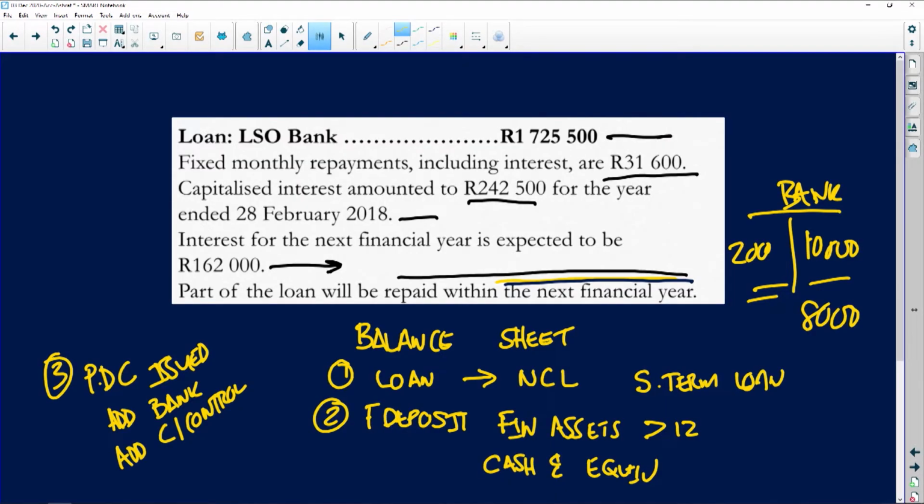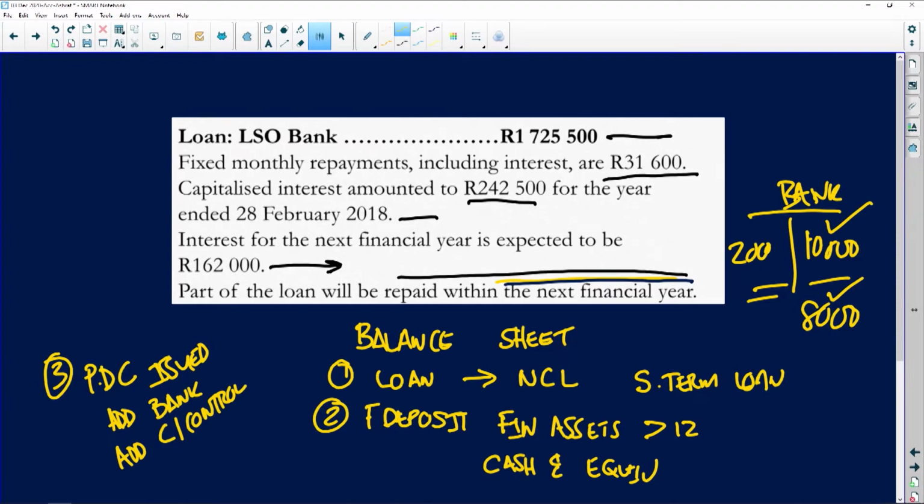Add to bank and add to creditors control. Add to credit control is fine, but for the add to bank, check the status of your bank account. If it's favorable, increase the favorable bank balance. If it's in overdraft, decrease your overdraft. Clearly you can see from the example that I've given you. Here it is: your overdraft was 10,000, is now 8,000